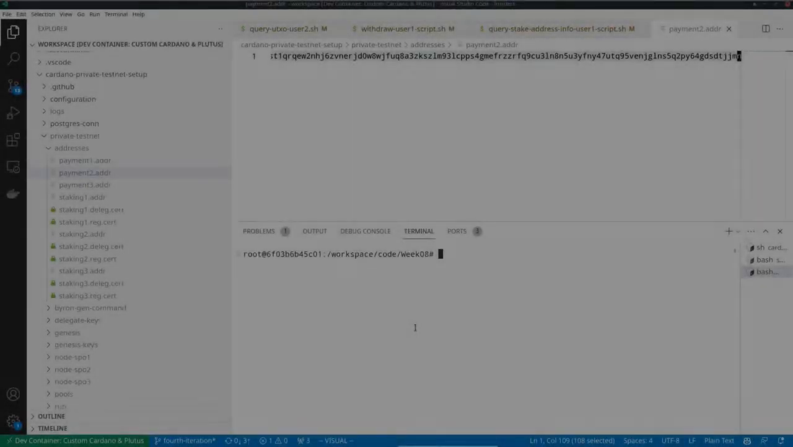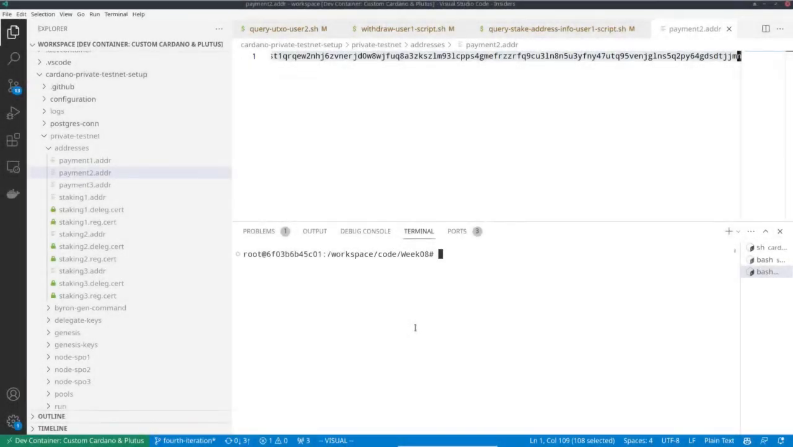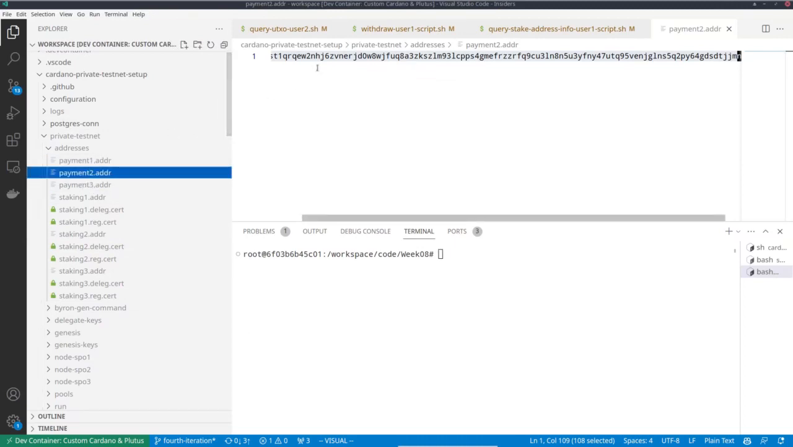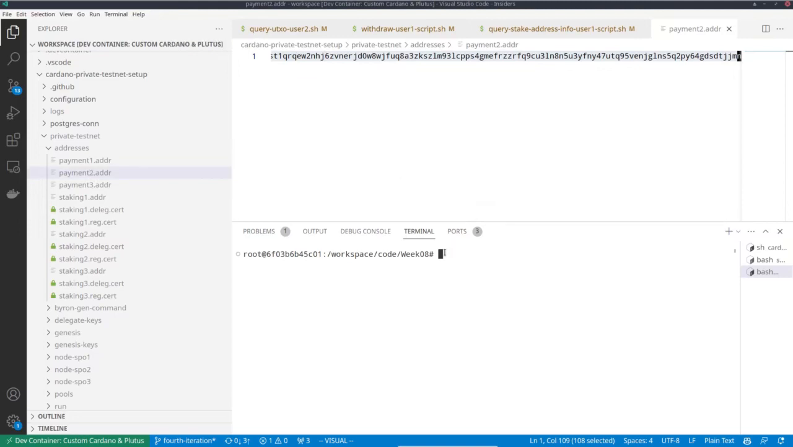Now let's try our stake validator on the private testnet. First we need to decide what address we use as parameter. It doesn't really matter, but the private testnet provides 3 predefined users. So let's take the second one. So this payment to address. That's this one. So I fire up the REPL